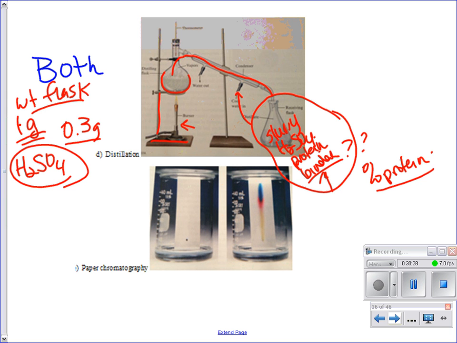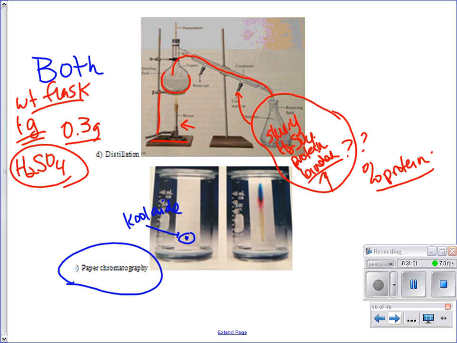Okay? All right. Paper chromatography, really little simple one. You guys actually did this in pre-AP, and I'm pretty sure, did you? Anyone in Level Chem do this? I'll need to ask. But anyway, what this is based on is the separation of a mixture. So this would be an example of maybe, I think did y'all do Kool-Aid? Yeah. So you had a Kool-Aid dot there, and you were separating the different dyes in that mixture.